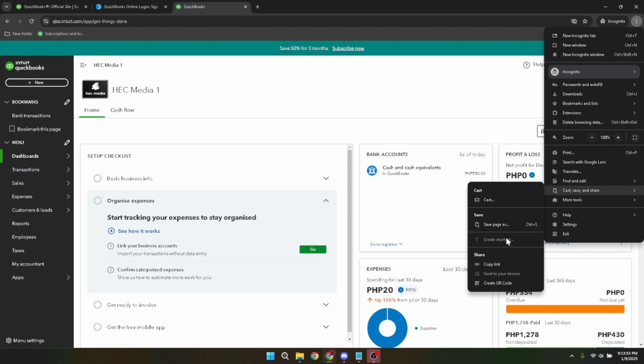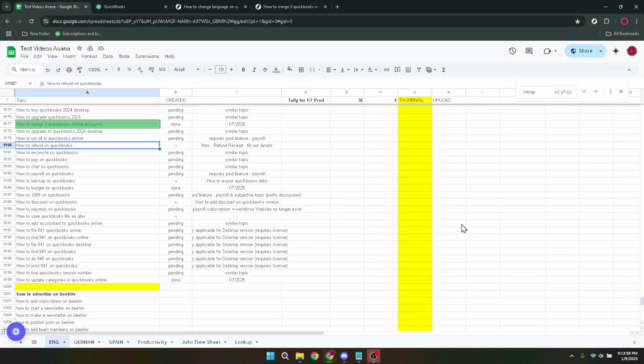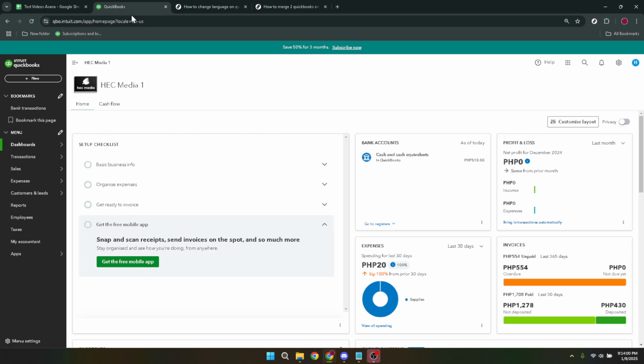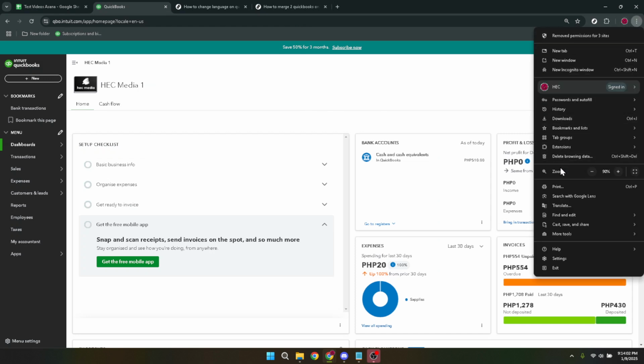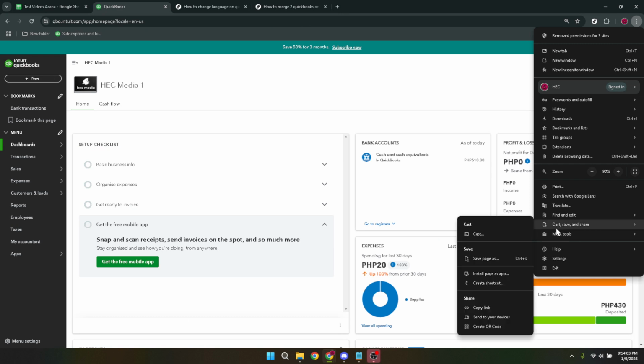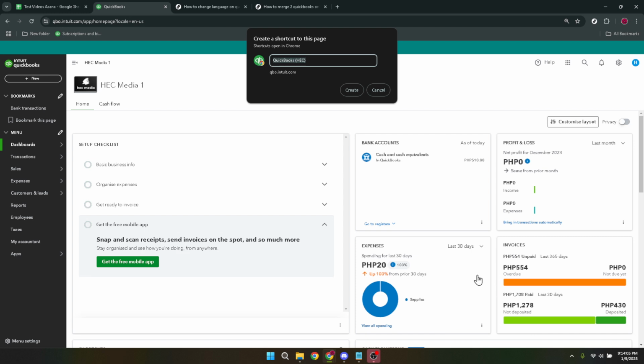Here's where it gets interesting because we are on the lookout for the Create a Shortcut option. Click on that. This simple action is going to save you significant time in the long run, as it allows you to access QuickBooks directly, bypassing the steps we outlined earlier. Lastly, once you've created your shortcut, a prompt may appear asking where you want to place it. Select Home to plant that shortcut right where you can easily access it every time you boot up your computer.